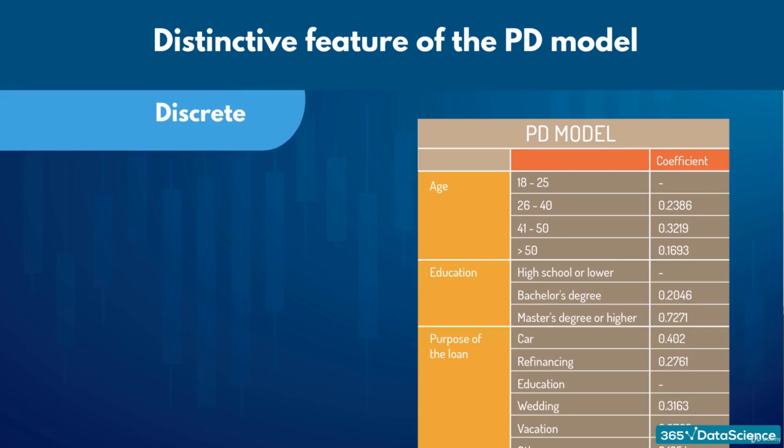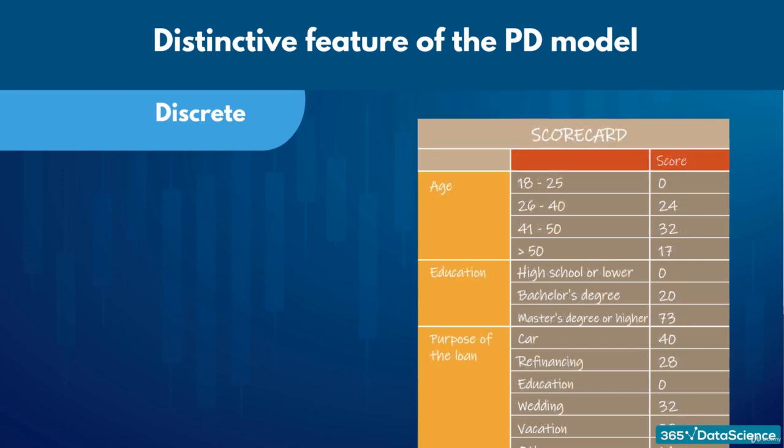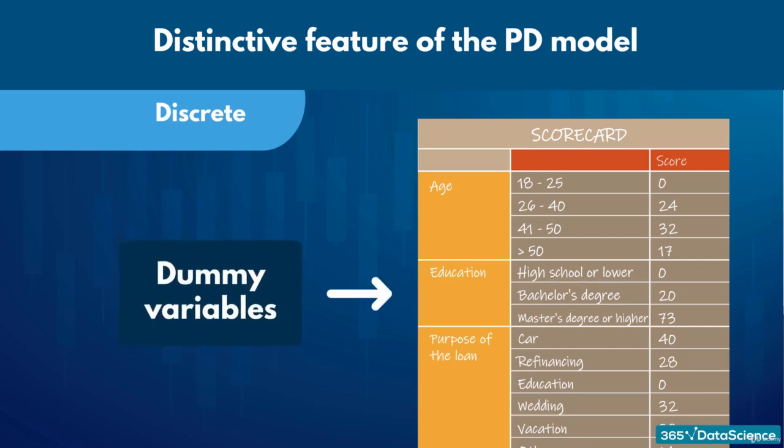Okay, a distinctive feature of the PD model is that all of its independent variables have to be categorical. The reason is that it is much easier to present the model in a simplified form and turn it into a scorecard if we have only categorical variables as predictors, rather than having both categorical and continuous variables. Therefore, the pre-processing for the PD model will consist in transforming all independent variables into suitable categorical variables, or dummy variables. To aid us a bit, there are variables that are discrete already, like verification status. The pre-processing there would be simply to create dummy variables for each of their original categories.